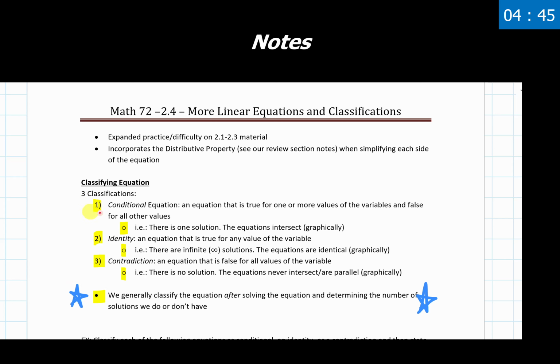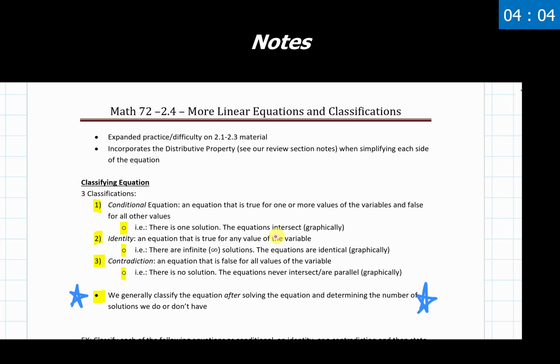So we have our drawn out book definition here. A conditional equation is an equation that is true for one or more values of the variables and false for all others. This effectively means there's one solution. Maybe in a couple situations there's two solutions, but for the most part with what we will be seeing, there's one solution. So this is where we get down to x equals 5, n equals -3, y equals 0, something like that. You can think of the conditional equation as our standard issue. We are used to seeing this problem in this answer form.